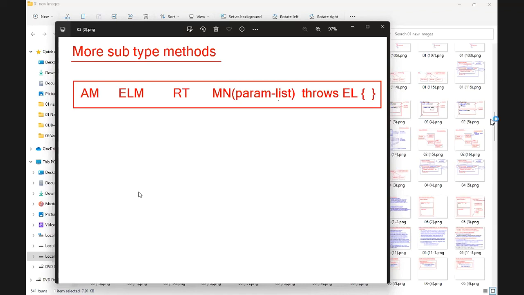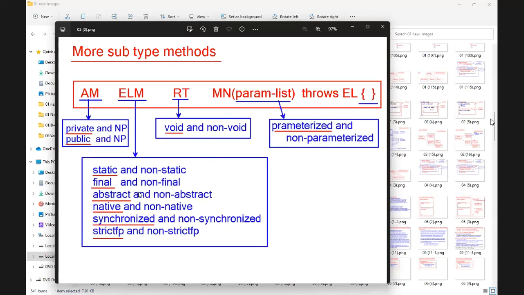Accessibility modifier, execution level modifier, return type, method name, parameter, throws exception list. Based on the accessibility modifier, we have two types of method, private and non-private. Or if you want to talk with public, public and non-public.